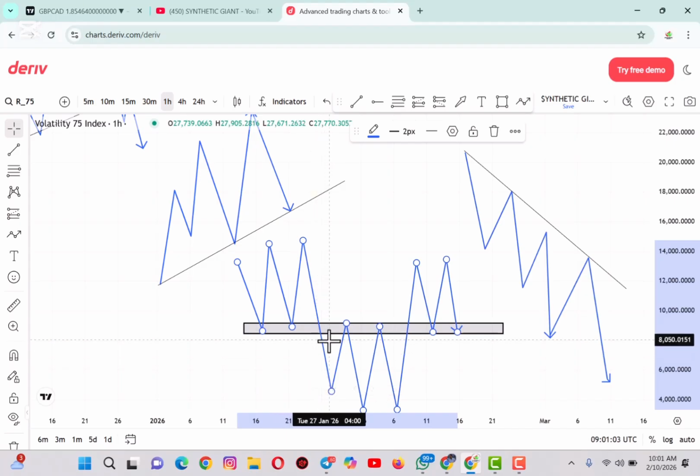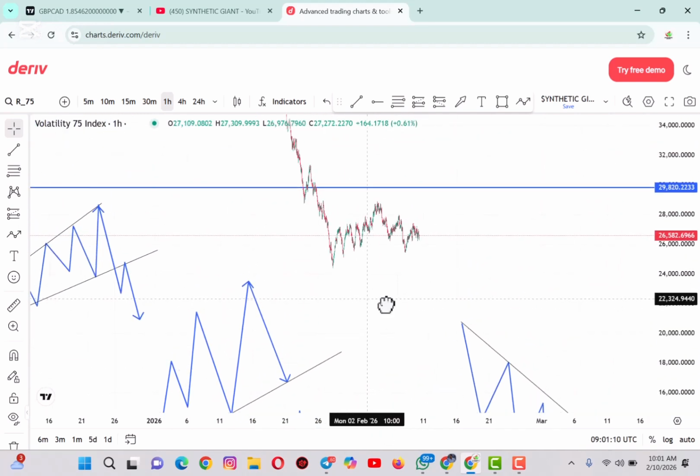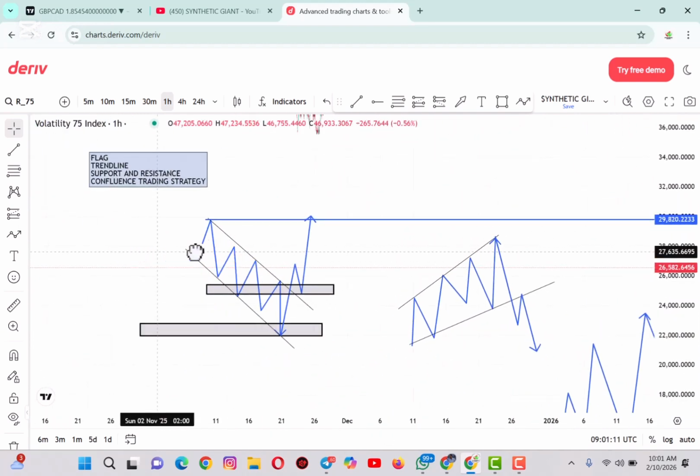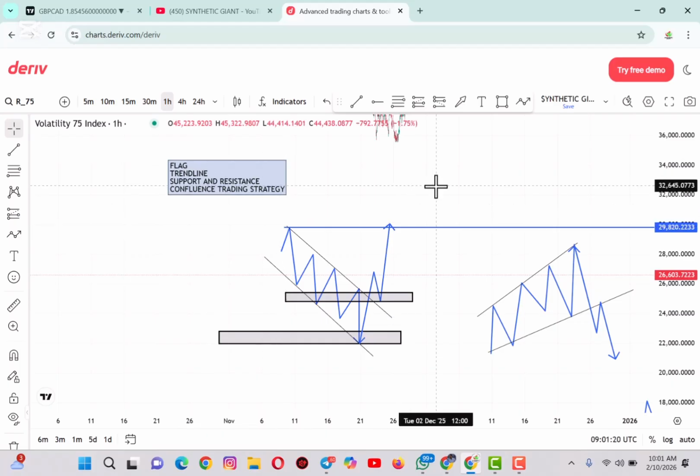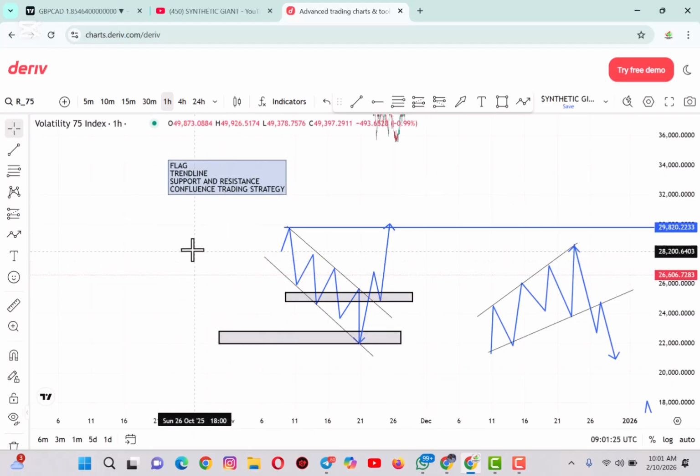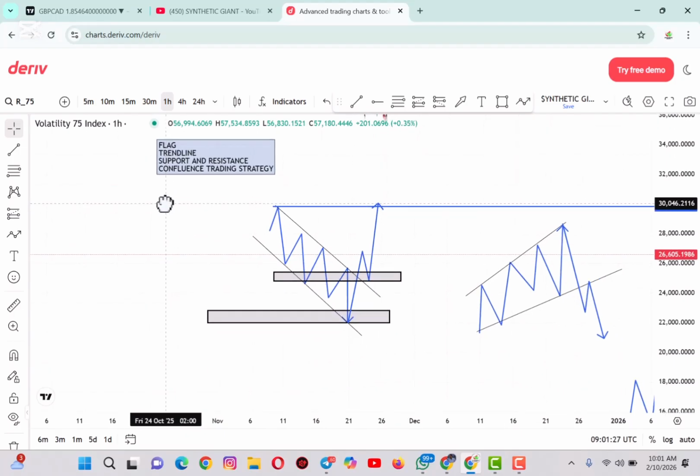And resistance is a region in the market that prevents price from trending to the upward direction. So having explained these 4 items here, is it 4? Yeah, 4. We have understood what a flag is, what a trend line is, what support and resistance stands for, and confluence trading. Okay, we've not talked about confluence trading, but confluence trading strategy talks about your ability to